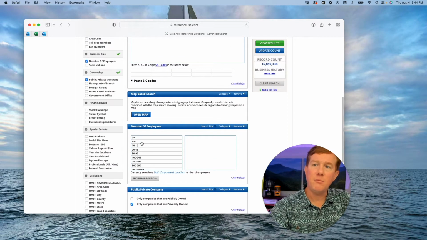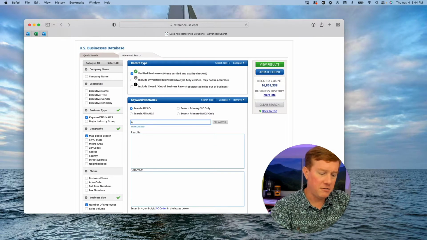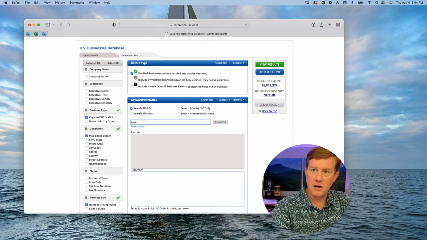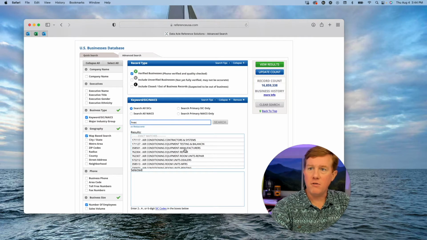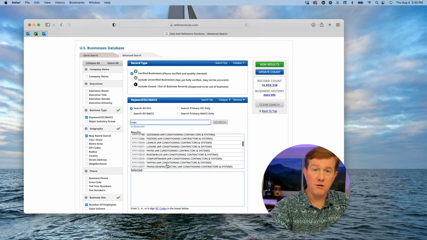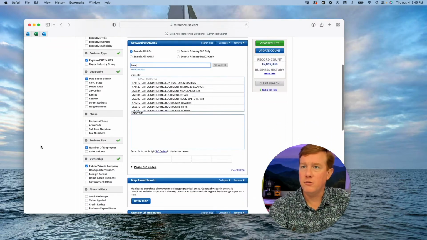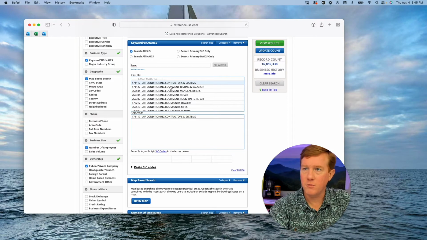So let's just say I'm looking for HVAC. Let's use that example. If I search that phrase, it will pull up results of all of the industry codes that include that as part of their description. Okay? So what you can do is choose air conditioning contractors and systems, and when you click on this, it'll